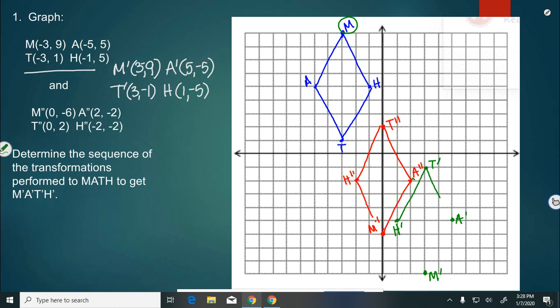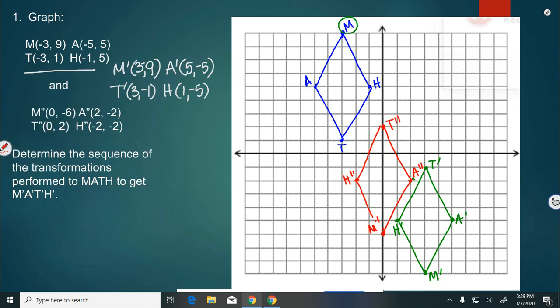So again, we have that shape just like the other ones. It's congruent. And it is the middle transformation. So we start with MATH and we rotate it 180 degrees, and that gives us MATH prime. Now we've got to figure out, how do I get MATH prime to MATH double prime? So here,